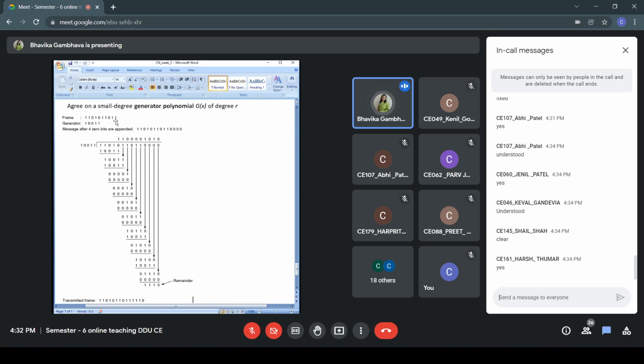Now we are defining the requirements, like for which type of scenario you are going to implement that. So I'm taking inputs from you. We can try gradually. So with an upper limit, we can try. Okay. So let us define the upper limit to be 20. Is that fair enough? Maximum number of bits in the frame can be 20 at the moment. So 20 after appending this or before appending this, how do you treat that 20?